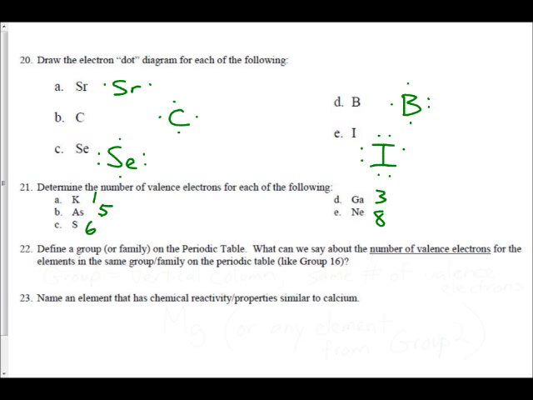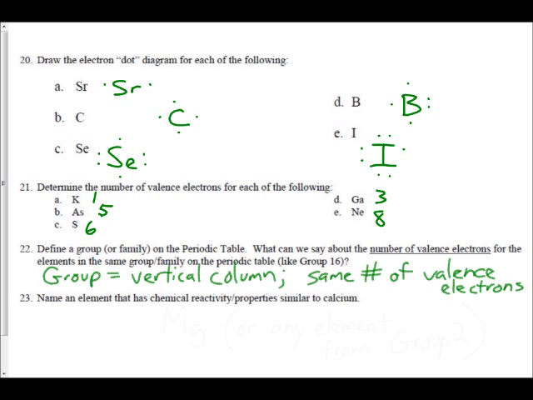Okay, now for number 22, define a group on the periodic table. What can we say about the number of valence electrons for the elements in the same group or family on the periodic table? That's basically what I just said. So group equals a vertical column going up and down. They will have the same number of valence electrons. An example of this is